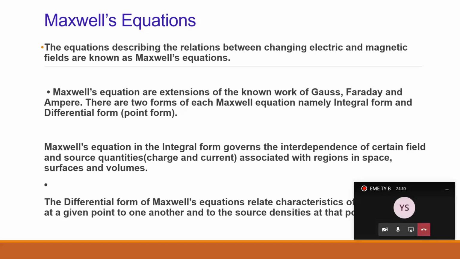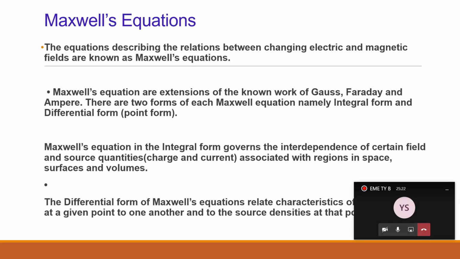The next point is Maxwell's equations are an extension of the known work of Gauss law, Faraday's law, and Ampere's law. Already we have seen these laws. Gauss law we have seen. Faraday's law we are going to see again here. Faraday's law is majorly used in the transformer principle, and Ampere's law we have seen in the 3rd chapter. All these laws relate electric field and magnetic field. They state some electricity fundamentals and magnetic field fundamentals. These laws we are going to state in terms of equations.